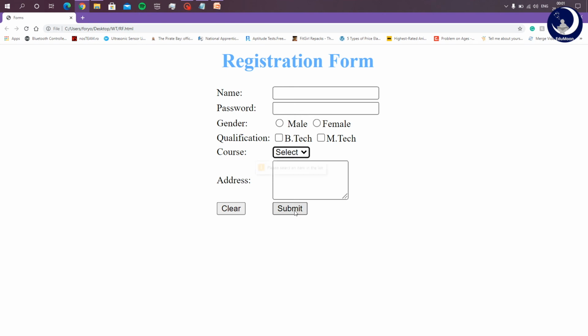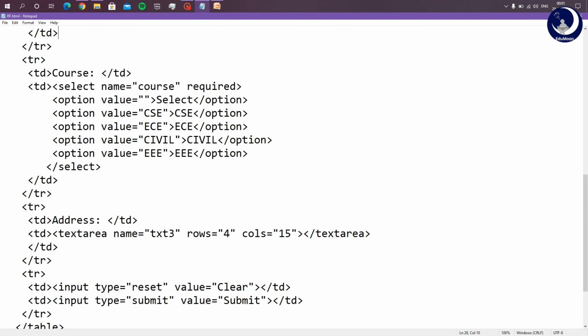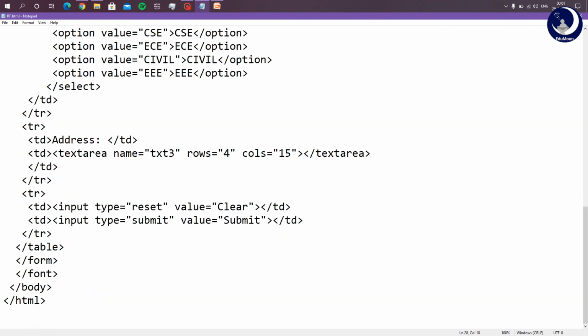When I submit it, it displays a pop-up saying please select an item in the list. Next, the options are specified by using the option tag and values, CSC. When I click on the CSC option, the value specified in that particular option field is going to get submitted to the page path I have specified in the action attribute.